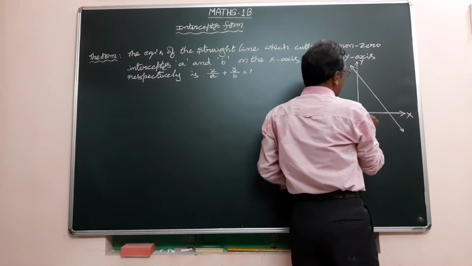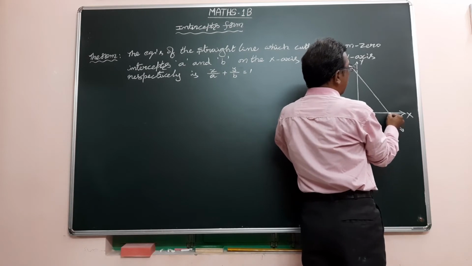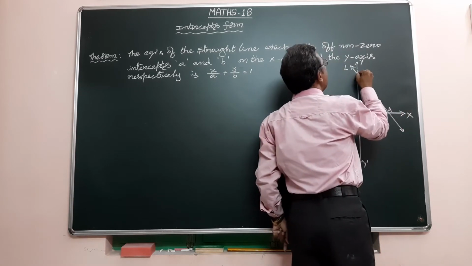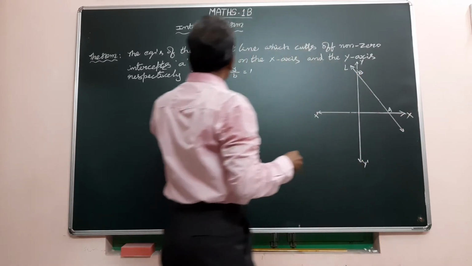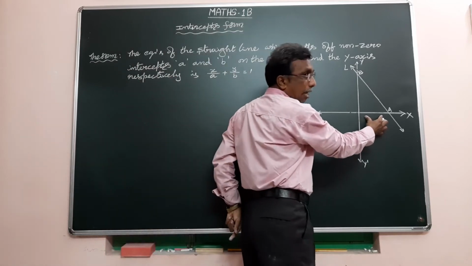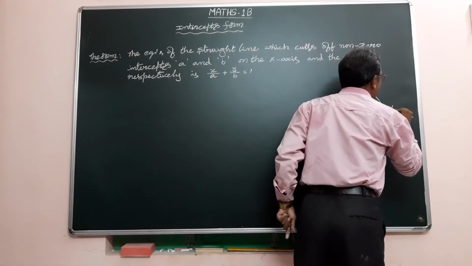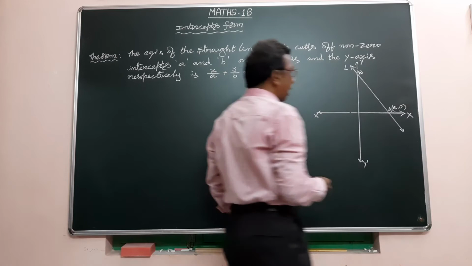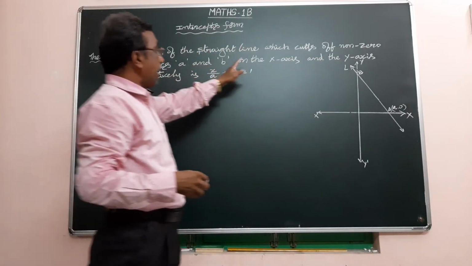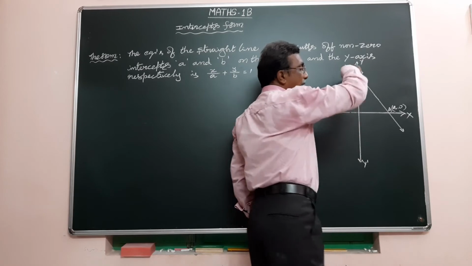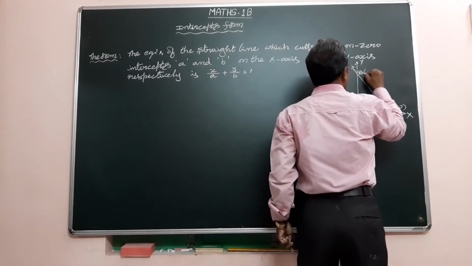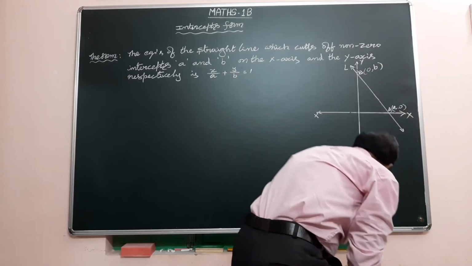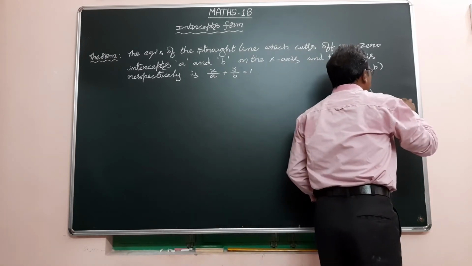So, from the origin to this distance is A units. Now consider this point is A, this point is B. So, x-intercept A, this distance is A units. Point lies on x-axis means y is 0, so A comma 0. Next, B on y-axis. This point lies on y-axis, x equal to 0. So 0 comma B, y-intercept is B. Here x-intercept is how much? A.